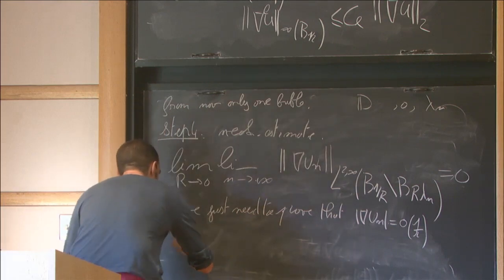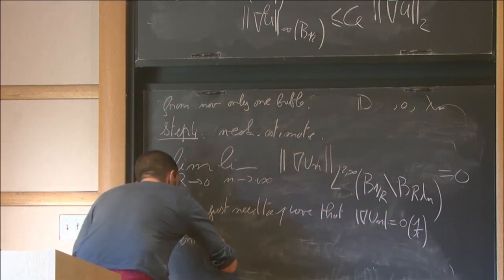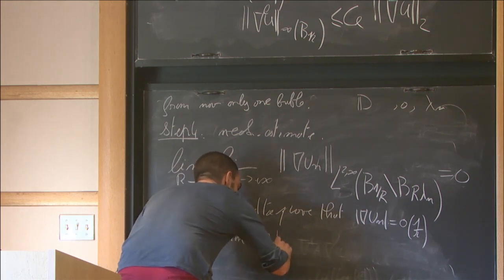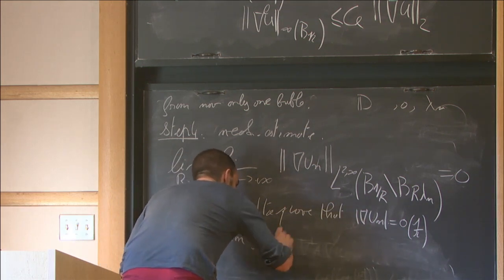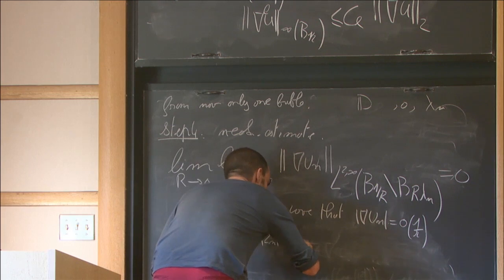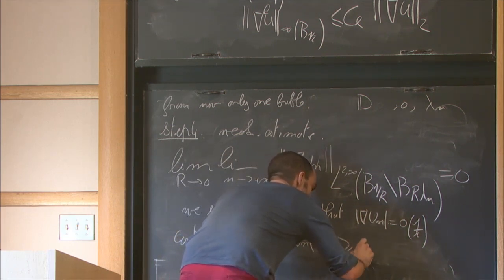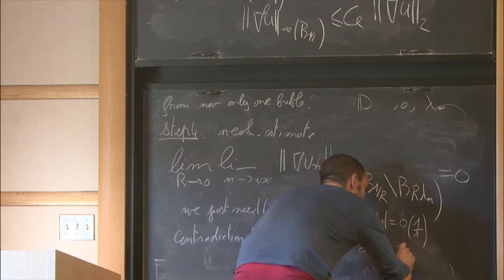And for this, by contradiction, if we find the sequence Zn such that nabla un Zn is bigger than some delta, and Zn is in